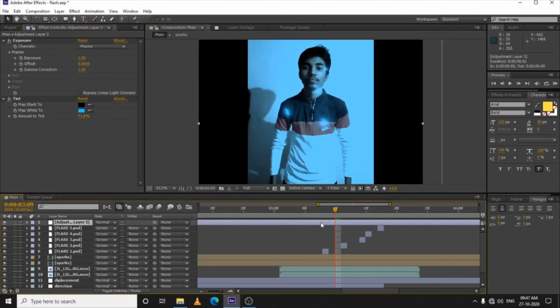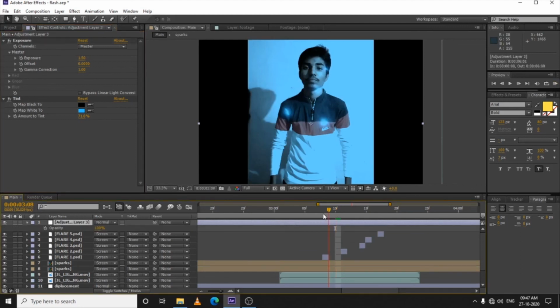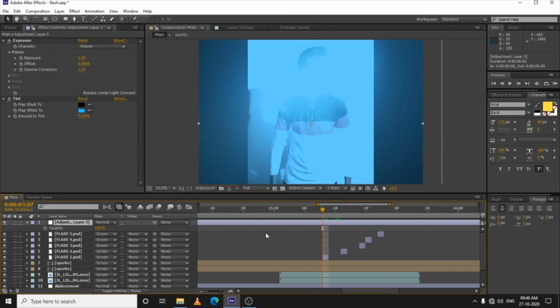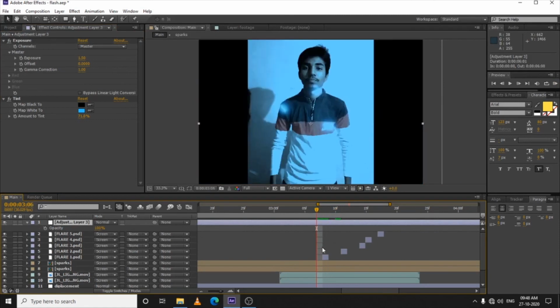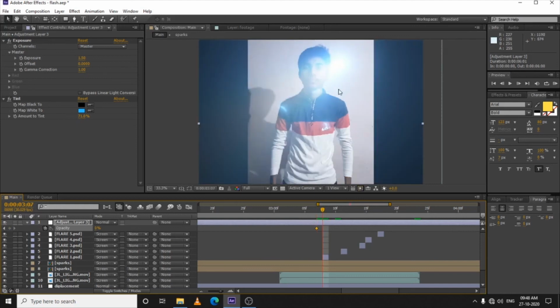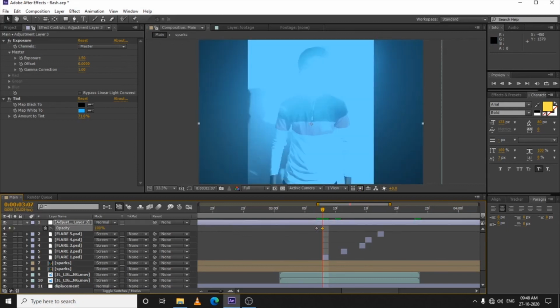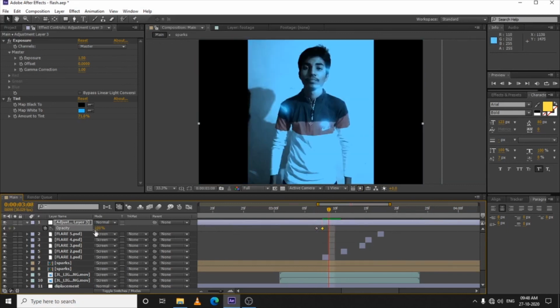Press T to open opacity. At this keyframe, just before our flash is going to appear, let's make the opacity 0. Add keyframe on it. Go to the second frame where our flash is appearing. Let's make it 100. And the next keyframe where the flash is gone, make it 0.